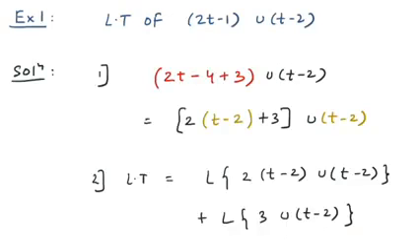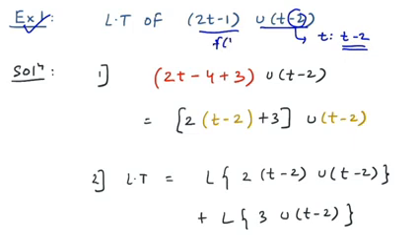So let us understand all this concept by examples. Example 1: find the Laplace of 2t minus 1 into u of t minus 2. Look carefully at this part, the unit step function is shifted and it is shifted at minus 2, right? So t is changed to t minus 2, correct? So your task is whenever f of t is present, f of t should also be changed at t minus 2.